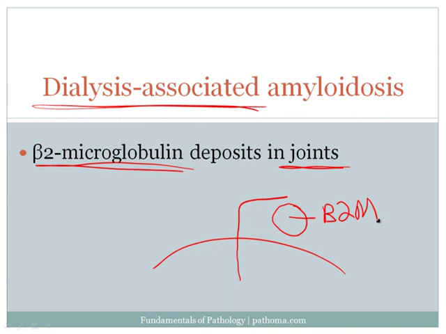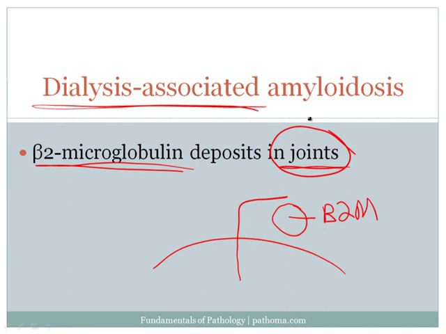Now, patients who get kidney failure and have to go on dialysis, when they go on dialysis, the beta-2 microglobulin is not filtered well from the blood. Because it's not filtered well, it builds up in the blood, and as it builds up in the blood, it can deposit in joints. And these are the classic high yields of this particular entity. Again, it's dialysis associated. The deposition is beta-2 microglobulin. Beta-2 microglobulin is a structural component of MHC class I, and this beta-2 microglobulin will deposit in joints as